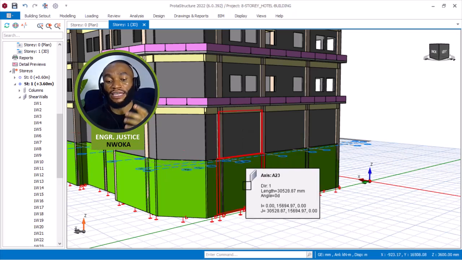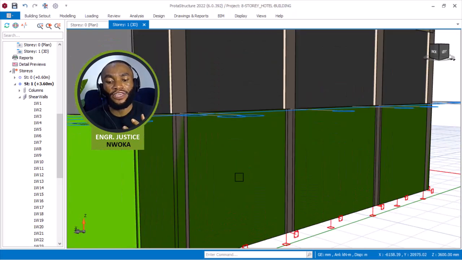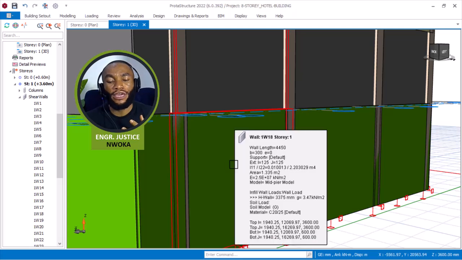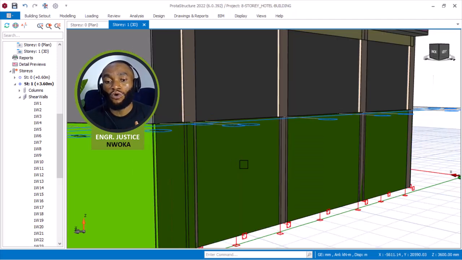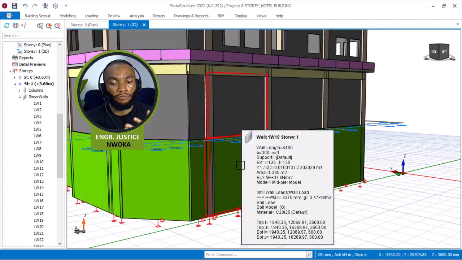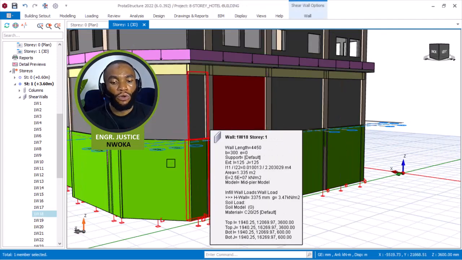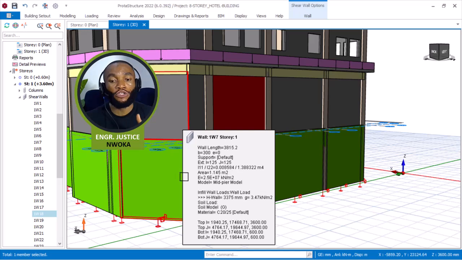Okay, now you can see that I've been saying basement wall, basement wall, basement wall. That's fine. Now you can see that this wall here has a soil load. Since it has a soil load, that means it is a basement wall. Now since it's a basement wall, we will have to change the model of this reinforced concrete wall, because